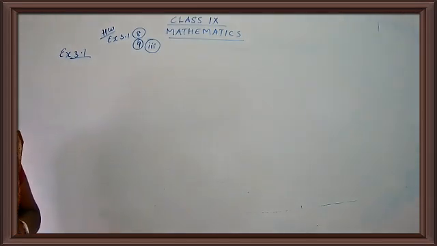Okay. Shall we start with the answer, children? Let's write the statement. The cost of a chocolate is rupees x plus y. So what is the cost of a chocolate? Rupees x plus y. And how many chocolates has he bought? The number of chocolates bought is x plus y. Again he is buying x plus y. So now what you have to do is find out the amount paid by him.